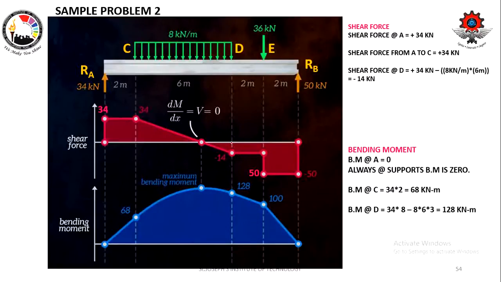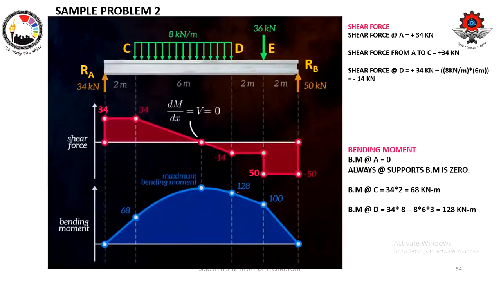Since this is minus, we are supposed to put it at the bottom of this axis line. This is your axis line. So 14, approximate location. You need not draw it to scale, right? It is your approximate location. So 34 and 14, and then connect it. Why inclined line? Again I am telling you that when the rate of loading is constant, shear force should be an inclined straight line. So we have connected 34 and 14, right?